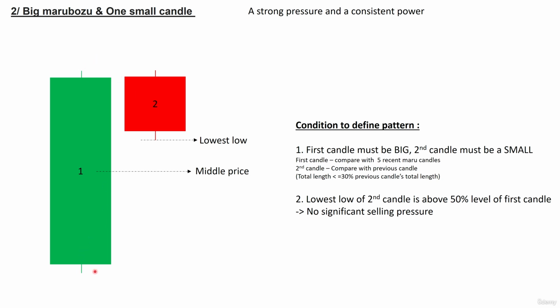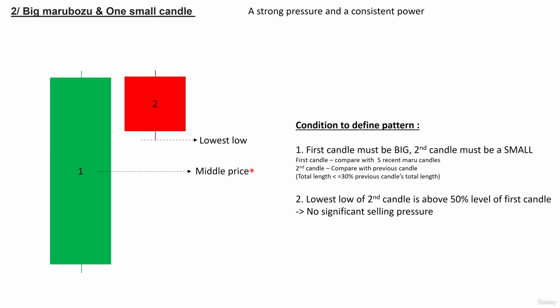As I explained before, we always care about the highest and the lowest. It means that the total candle, even when we are trying to compare the total length of candles, or judging the position of some price like the middle price like this, right? I mean that at this time we need to see the lowest low of the second candle is above